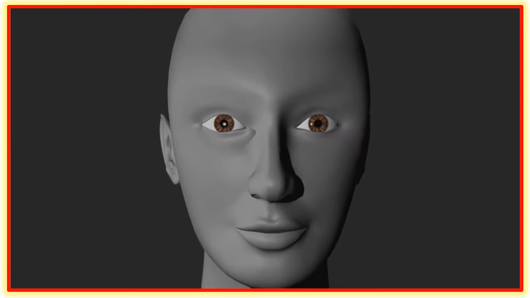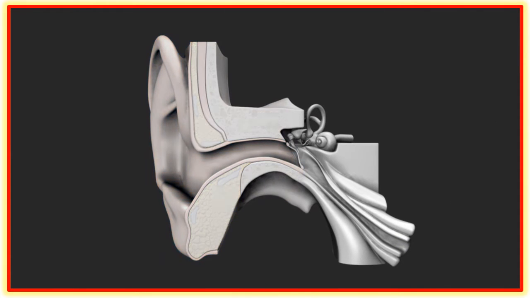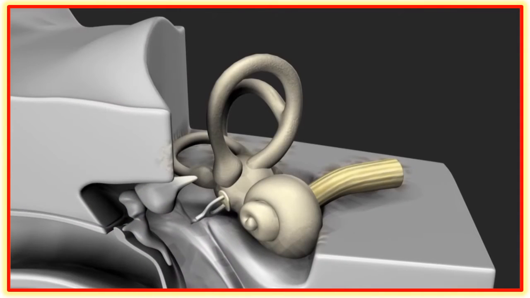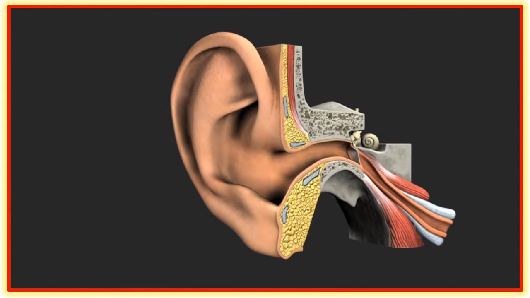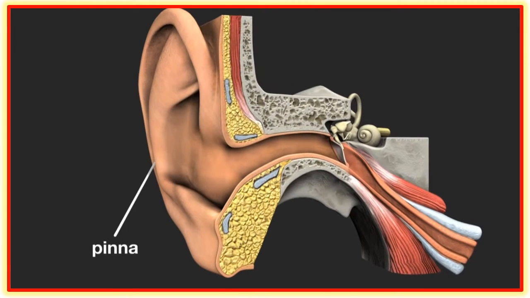The human ear is made up of three parts: the outer, middle, and inner ear. The outer ear consists of the pinna, which serves as protection for the delicate inner parts of the ear, and